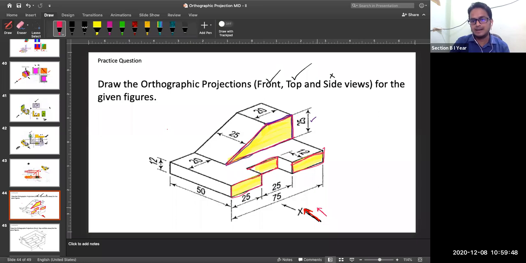With exact location also. It doesn't mean that you will draw this face at some other location, and this face at some other location. They all must have some correlations. We have seen so many examples in the previous slides. So try to solve it. Think and analyze. I have told you in the first class, GDM is nothing but think and analyze. That's it.